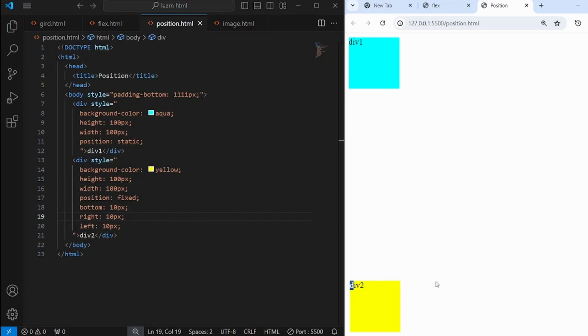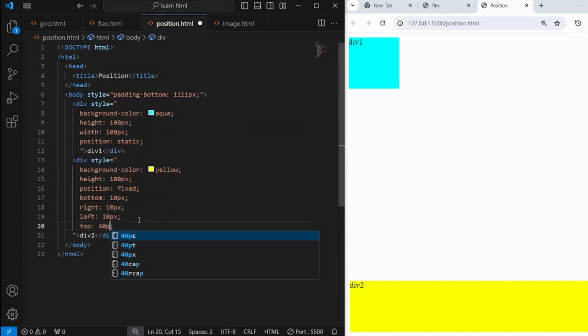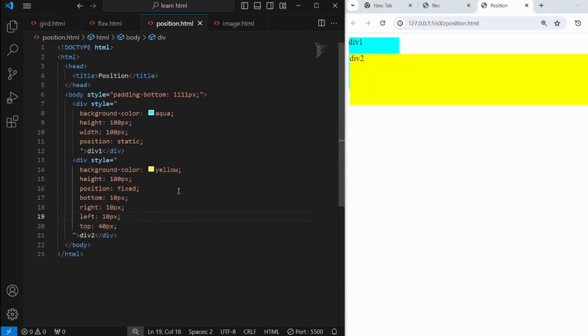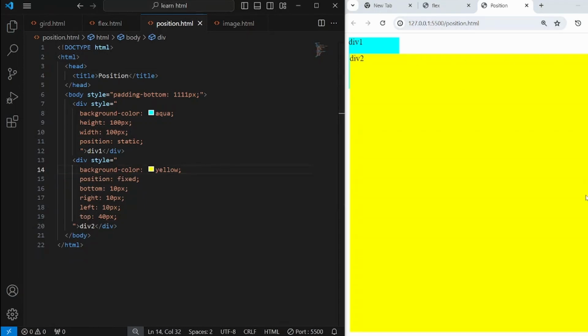So this element by default goes to the start of the page. Let's say if we haven't fixed the width of this element, then what would happen? Then this element will stretch across the page to fulfill both these properties. In the same way, we can even have a top value, let's say top 40 pixels. Save this. Again, we are providing it both top and bottom values. So by default, it wants to go to the top because of its fixed height. So let's remove this height property. Now save this. There we go. Now it stretches across this page to fulfill the top value of 40 pixels and the bottom value of 10